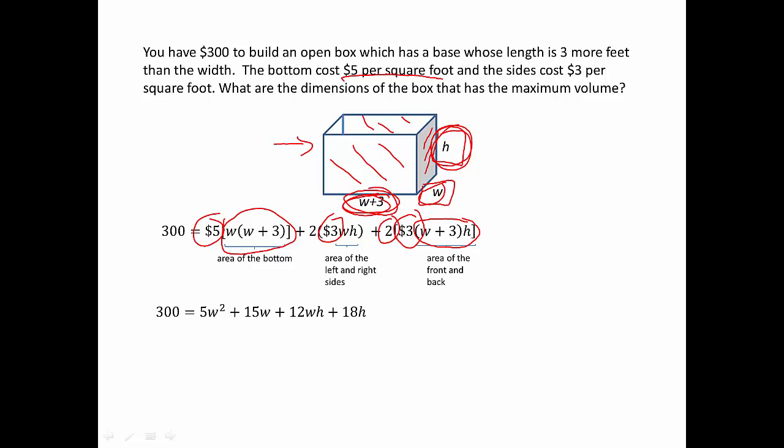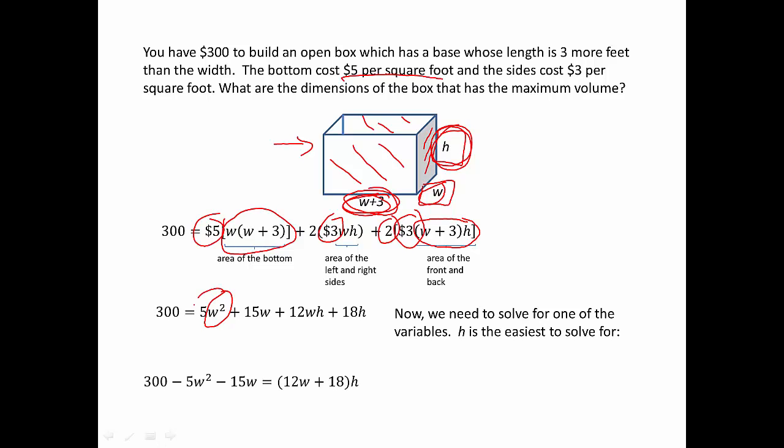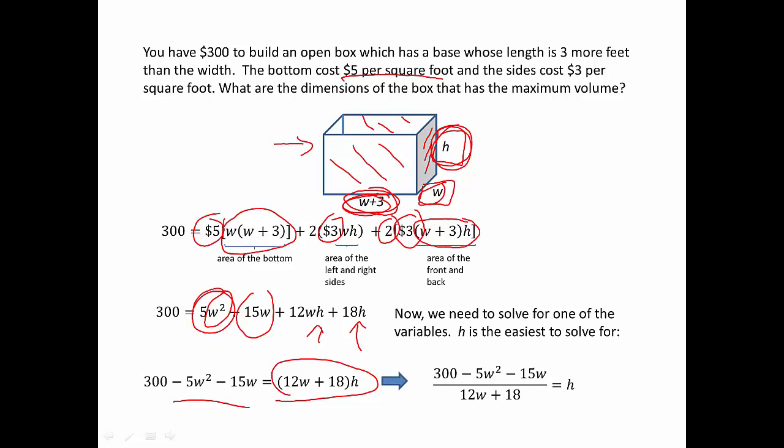Now we need to solve for one of the variables. H is going to be the easiest to solve for because you've got a quadratic with W squared there. So I would go ahead and move this term and this term over, right? You subtract them from both sides. And I'd factor the H out of what's left to end up with this. That allows us to solve for H when we divide by 12W plus 18 on both sides. Okay, that was a lot of work, but now we know what H is in terms of W,